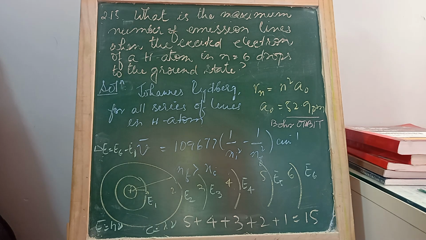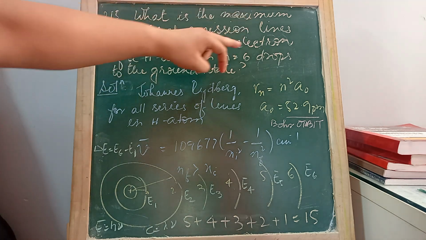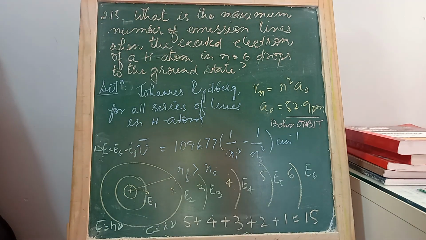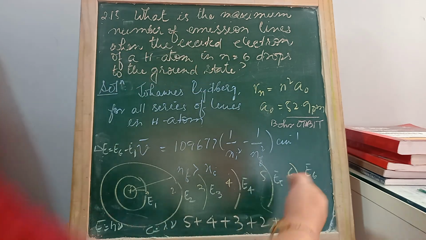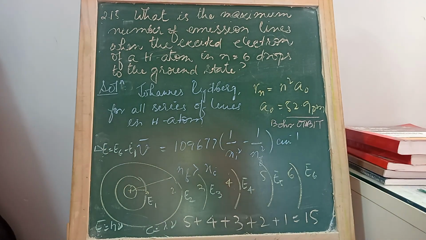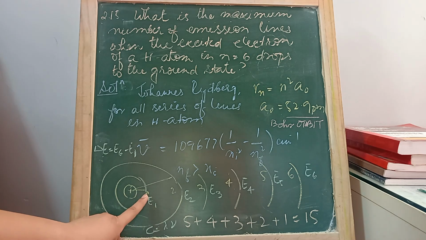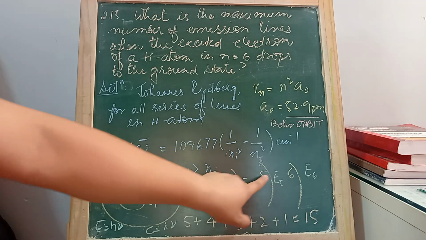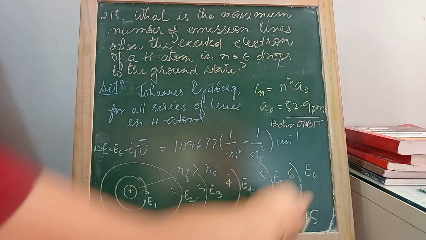In our case, the question is saying, what are the maximum numbers of emission lines that can be seen when an electron drops from the sixth orbit and comes back to the first. See, this is the hydrogen atom. I'm just making a rough diagram of it. It's a proton over here, and the electron may be in the first orbit, in the second or third, fourth, fifth, or sixth. The electron is going to drop from the sixth orbit,